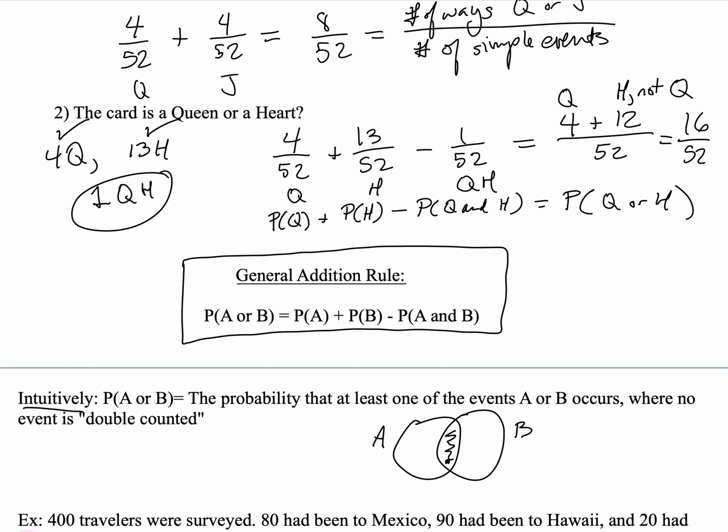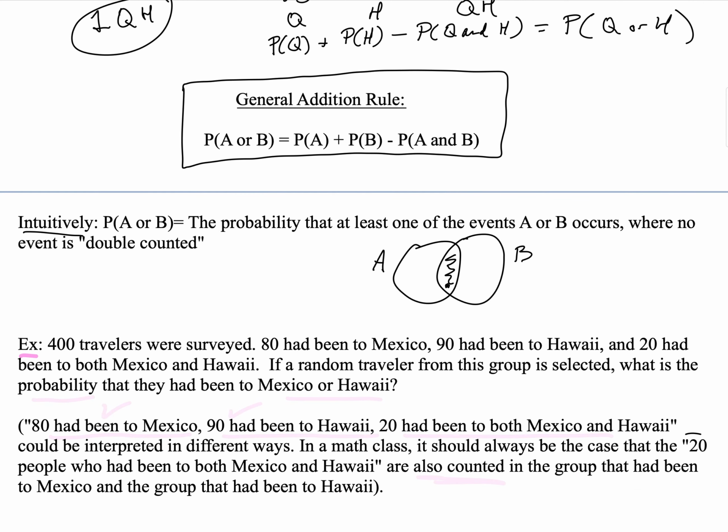Let's look at another quick example. 400 travelers were surveyed. 80 had been to Mexico, 90 to Hawaii, and 20 to both Mexico and Hawaii. If a random traveler from this group is selected, what is the probability that they'd been to Mexico or Hawaii? So this is a place where English is a little bit